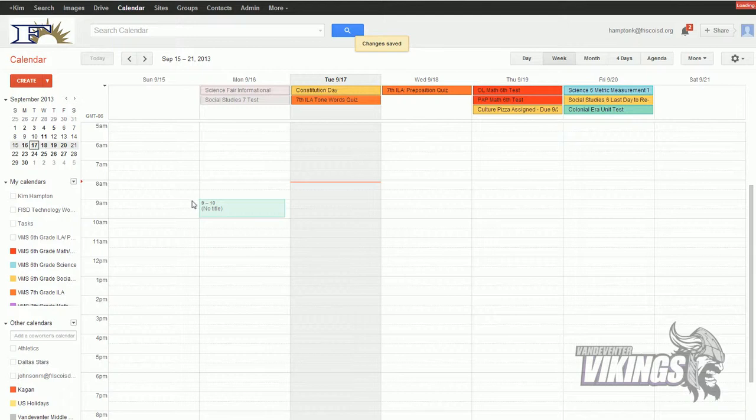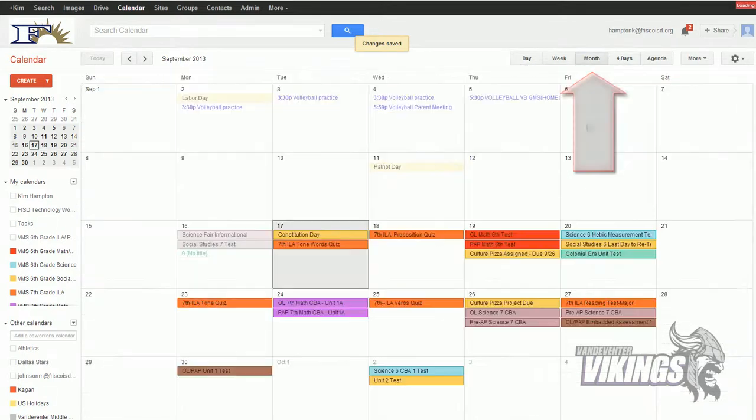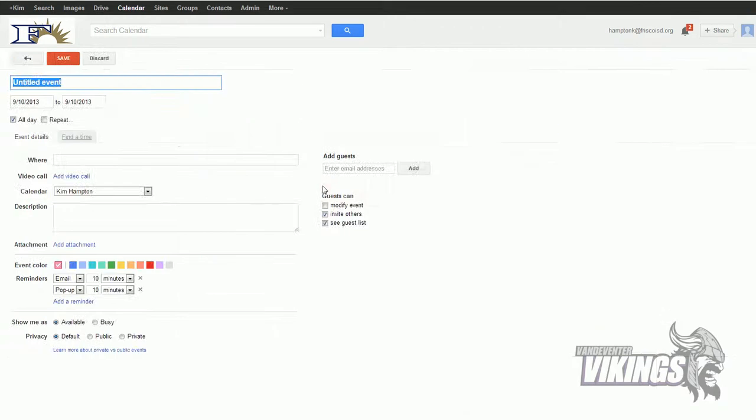And then to add an event to the calendar, the easiest way to do that is to look at the month view. And up here at the top right, you'll see you can change day, week, month. Okay, if you look at the month view, and let's say I want to put maybe a quiz on the 10th, I can double click on the 10th. Do double click, don't just single click because it won't put it on the right calendar. Do the double click, title your event, and the important information to put on here is your